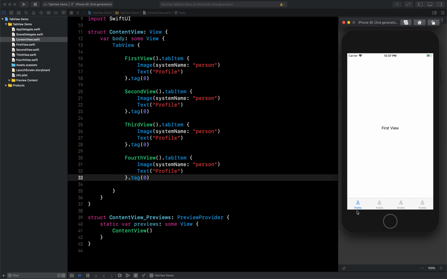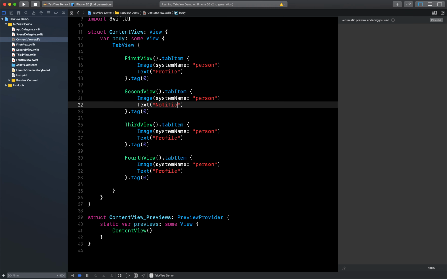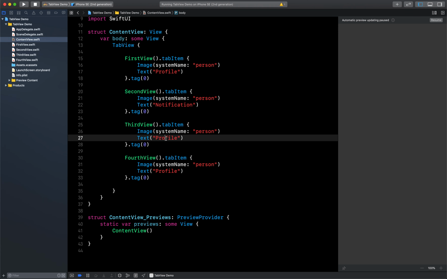So now we want to pass different image and different text here. So let's rename this part. So I will say notification here, then you can say storage here, and we can say it again here.